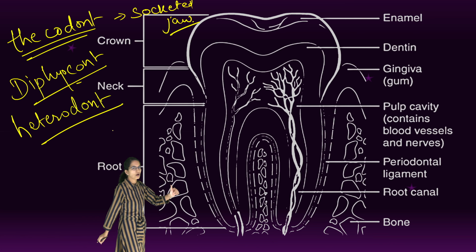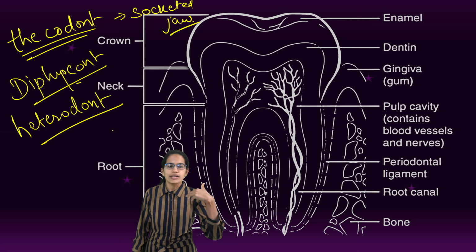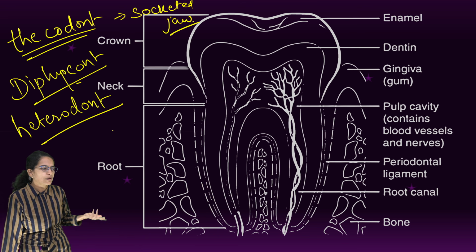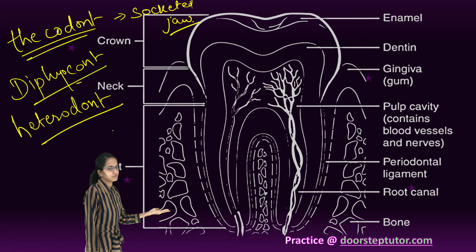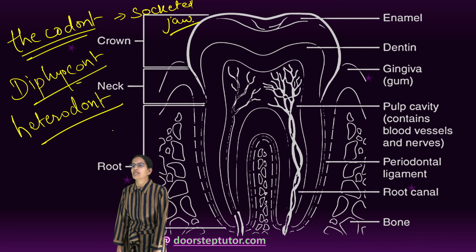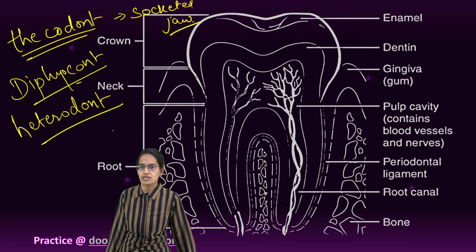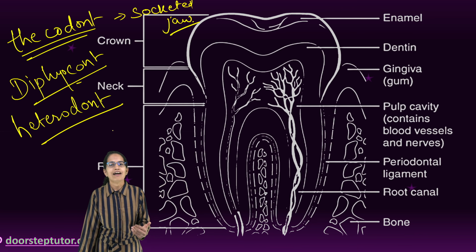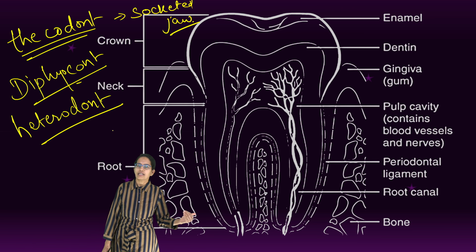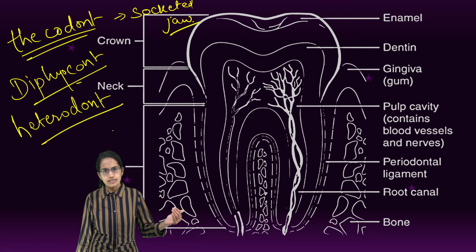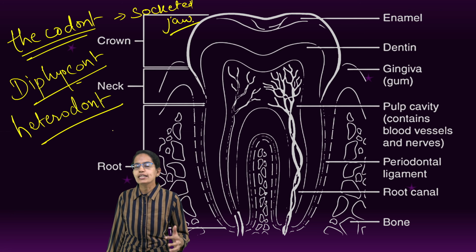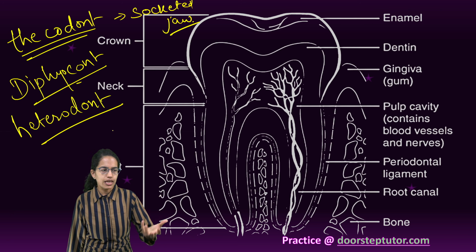They are thecodont, embedded in the jaw; diphyodont, they appear twice in the lifetime; heterodont, there are different types of teeth which are seen and they have different primary functions. The next important description about human teeth is, we have two types of teeth: the temporary teeth and the permanent teeth. Temporary teeth are also known as deciduous teeth or milk teeth, that appear at the age of 6 to